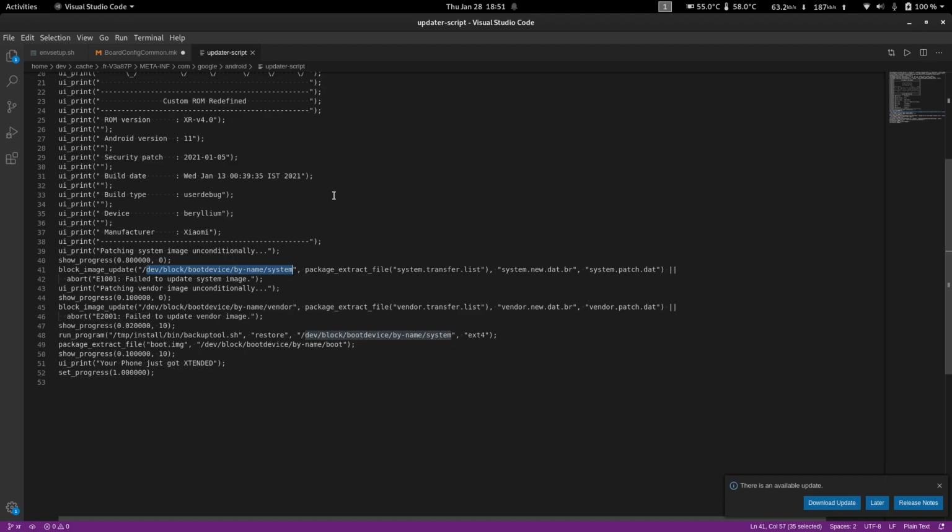ISO is an archive. It's a file format that represents an archived file. I think you were present in the Linux session. In that session, we burnt the Ubuntu ISO onto the USB pen drive.